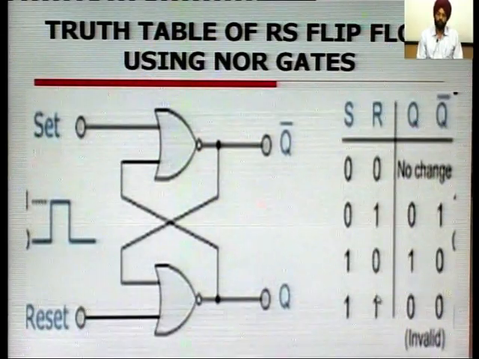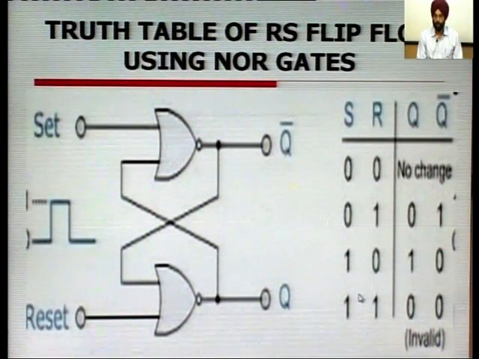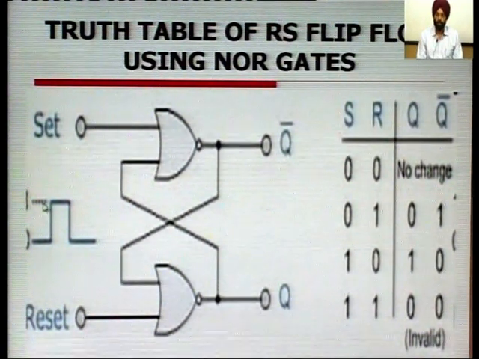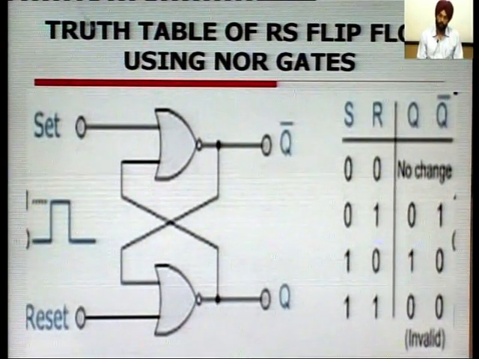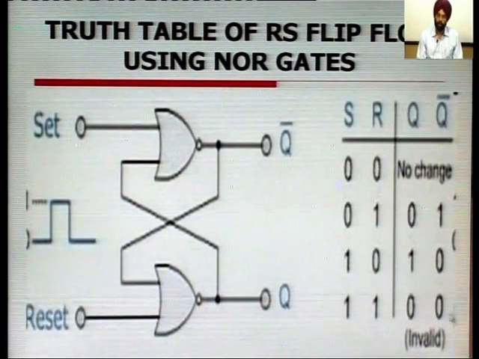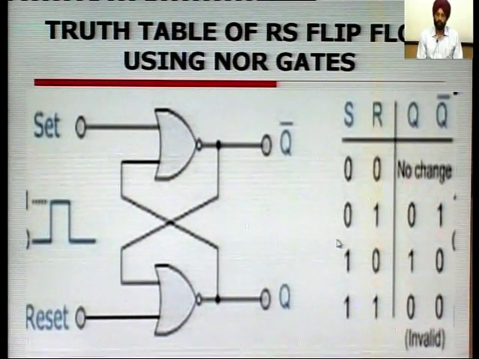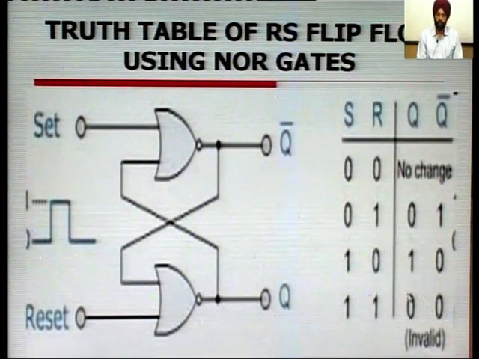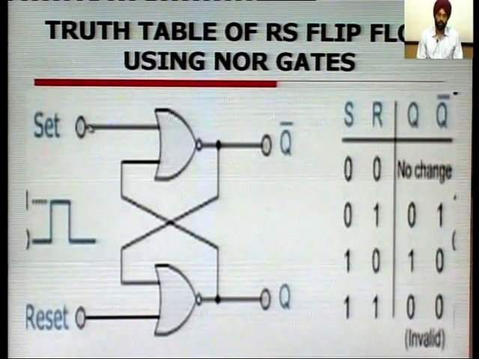Now, a very important entry in this truth table is when we turn both inputs as 1. This state is called the invalid or forbidden state, which must never be applied to this flip flop. We must never apply this condition at the inputs of this RS flip flop,